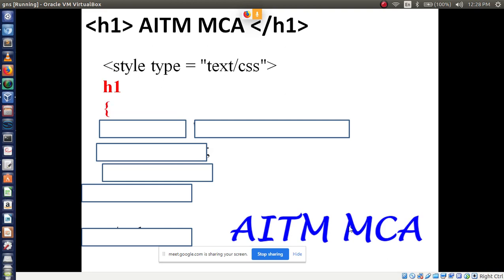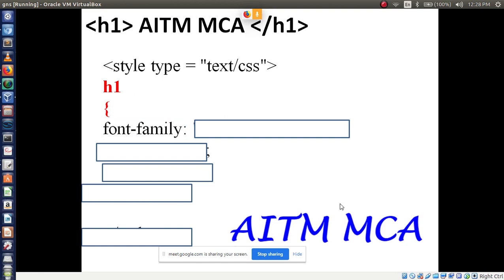After writing the open flower bracket, here I am using three kinds of attributes or properties. One is color change, another one is font size, another one is the style we are using. So first I am using one property. That property name is what?